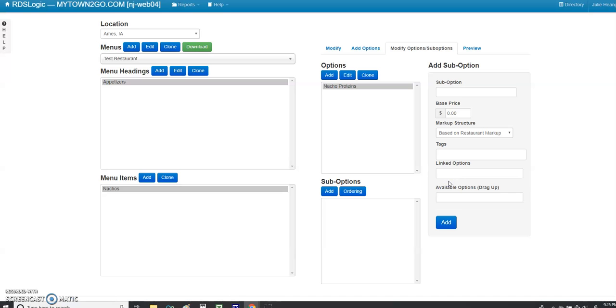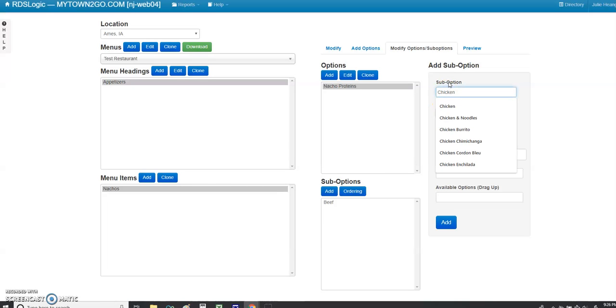of the choices. And so now I add under the options of sub option, it would be beef. The base price for beef is $1. Let's say upcharge if they want no meat, there's no upcharge. But because they have to choose, it'll be beef, 1, chicken, upcharge of $1 as well. And let's just say cheese only, it would be $0. Okay. So now under the options, nacho proteins, I have these 3